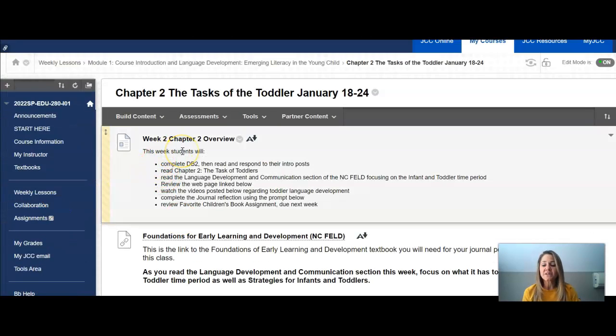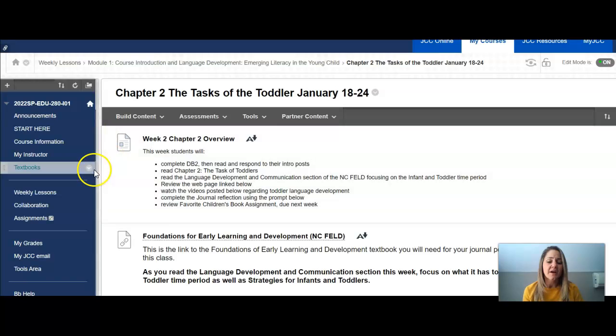You are on week 2 and you are reading chapter 2 in your textbook, and this week focuses on toddlers. Last week you learned about infants, this week toddlers, next week we're going to look at preschoolers, and we're going to look at and think about how that development builds and how those milestones at each age level build upon each other. I have added a link to Foundations here for you to make your reading easy access to it,